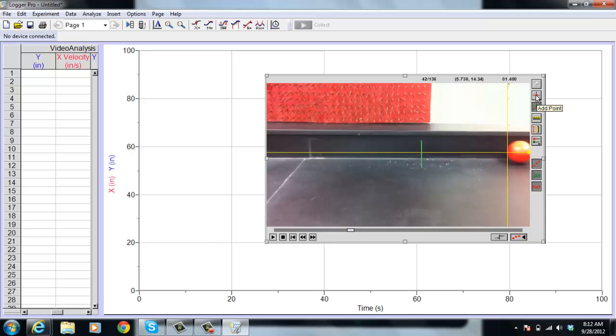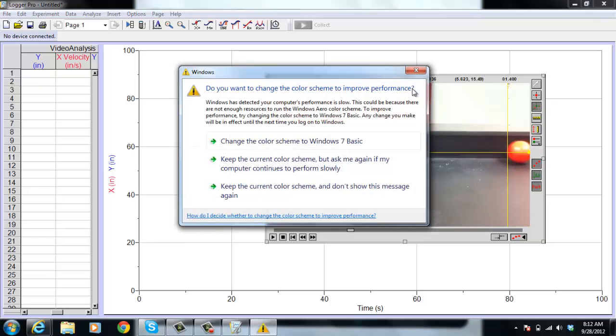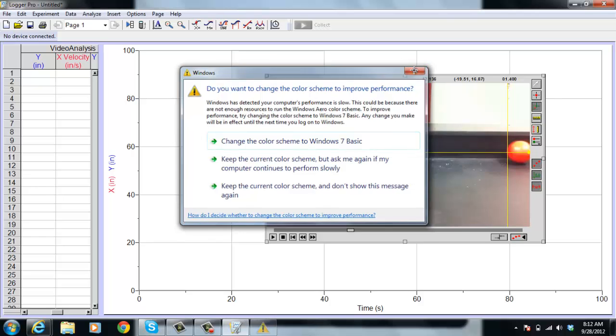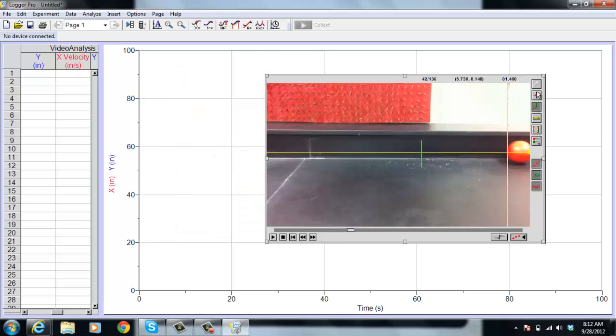Now our y component right here is adjacent, so we're going to use the cosine for the y. No, I don't want to do that. Sorry about that. Our x component is opposite, so we're going to use sine for the x. I'm going to click on this little add point right here. See if you can reverse this process, and you should start to come up with the same answers. Each data point is going to be at the very front of this ball. Before we leave this problem, however,